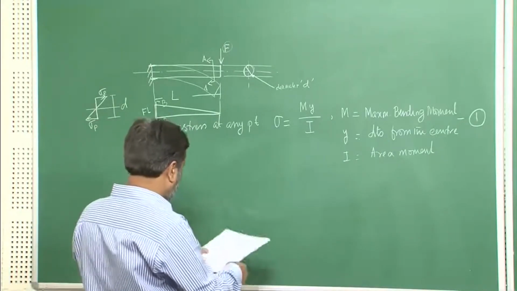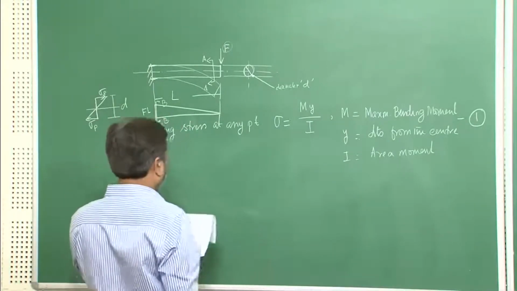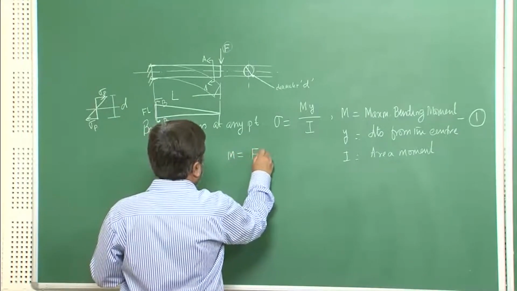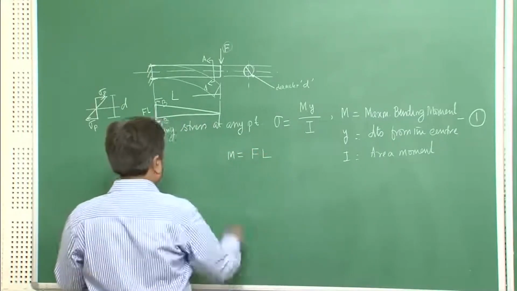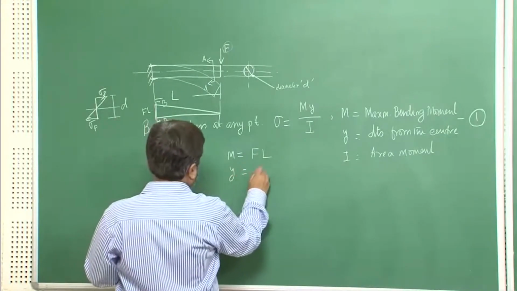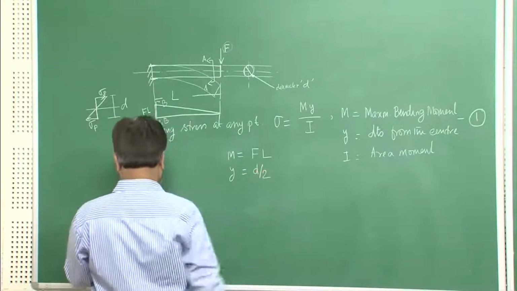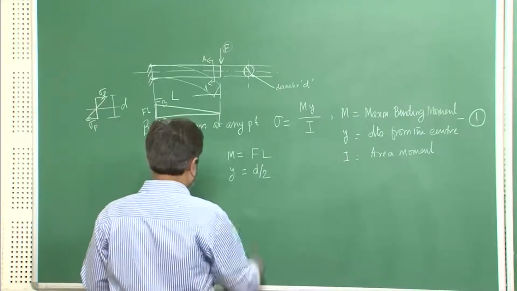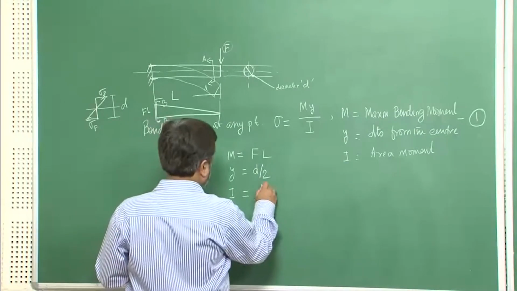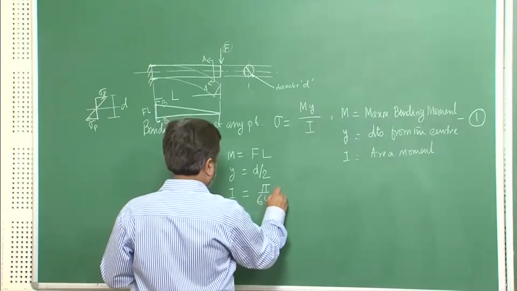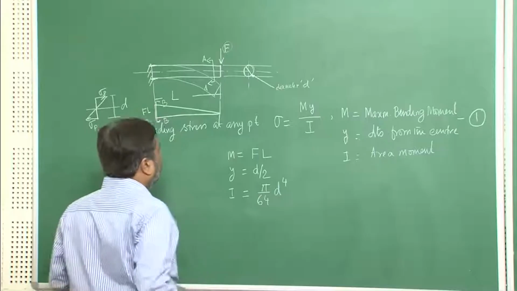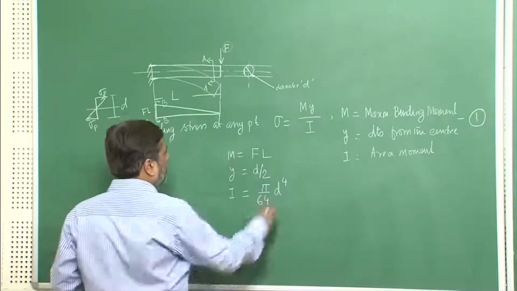Now, with that understanding, we can write down all the numerical values: M equals FL in our case, that is the maximum bending moment; y equals d by 2, that is the farthest point; and of course, I equals pi by 64 d to the power 4. So, if I use all these in equation 1,